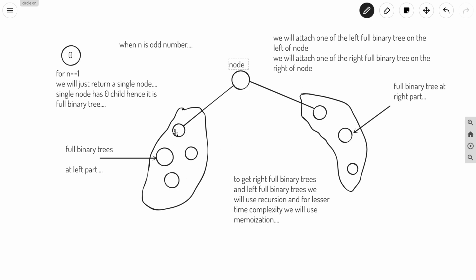So you can take one of these trees which are present on the left side, and take one of the trees on the right side. From the left side we will attach the tree on the left of this node, and from the right we will attach the tree on the right side of the node. So you can see that for this node, we can have 4 trees on one side and 3 trees on the other, so we can have a total of 12 trees. So basically we will get all those 12 trees. That's what we have done here.